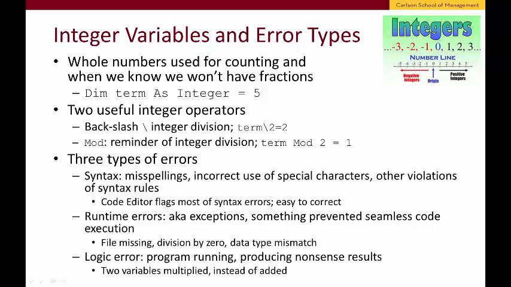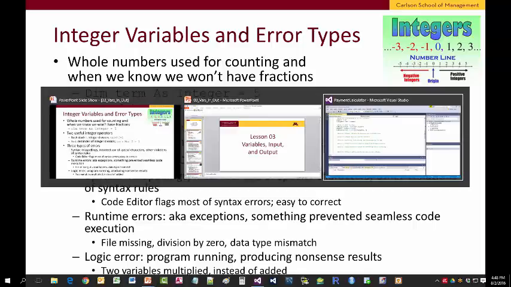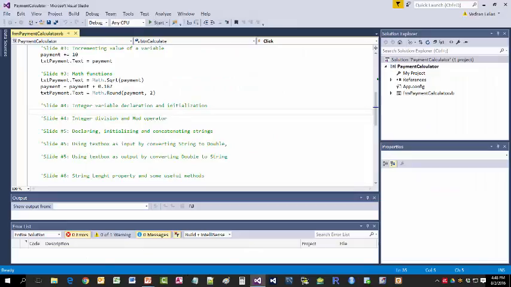And finally, 3. Logic errors, when the code is running but the results don't make sense. VB IDE cannot help you here. It is entirely up to you to figure out what is wrong with your program logic, correct it, and run the program again. Let's switch back to VB and declare term as an integer variable and initialize it to 5 years